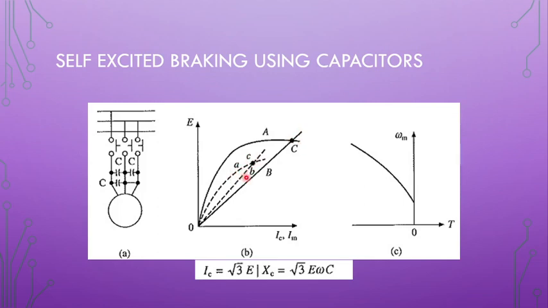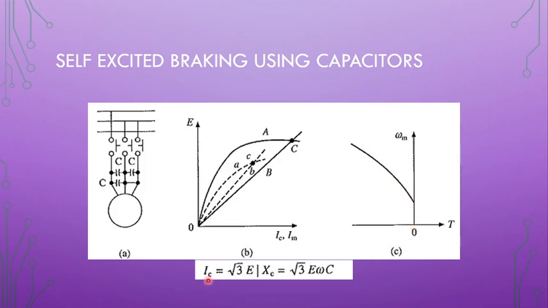If different values of capacitors are used, we get a different type of curve. A family of curves is shown here. Now with respect to that, when the capacitor current reduces, we observe that the EMF will reduce. If the EMF reduces, speed has to drop. So from a particular value of speed, the torque is not obtained. We are in the braking mode now. Suddenly the motor is disconnected from the supply. The speed will slowly reduce and reach a finite value.